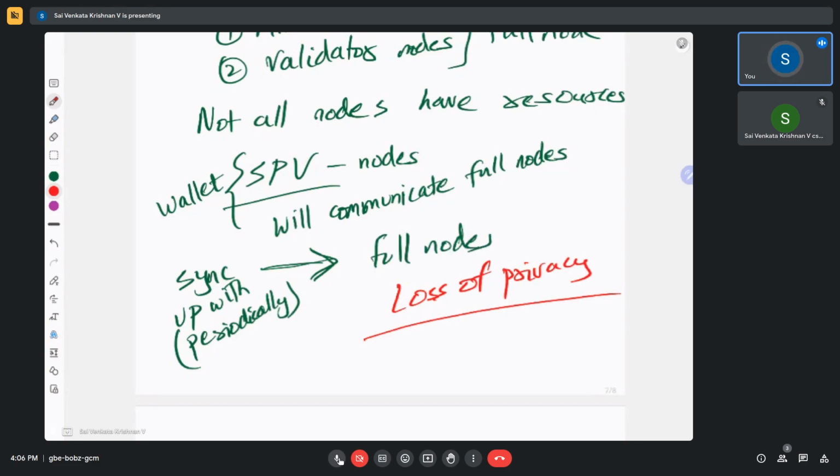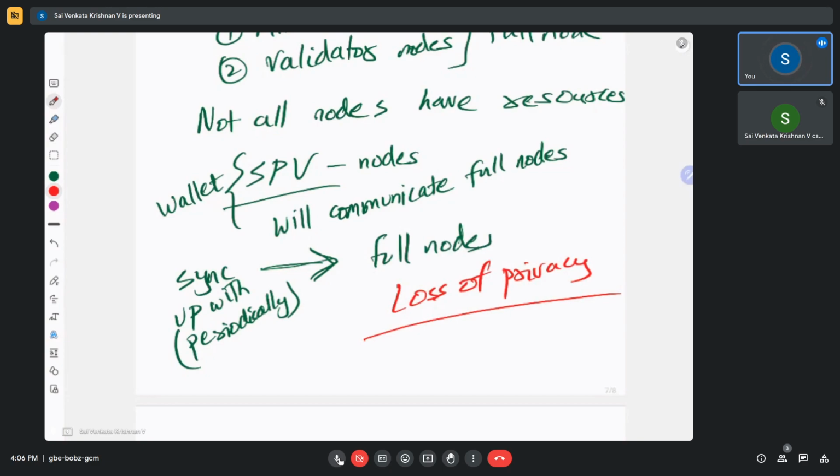They can easily associate this, and there's a loss of privacy, and your whole idea of creating multiple public-private key pairs to have better privacy is sort of lost,